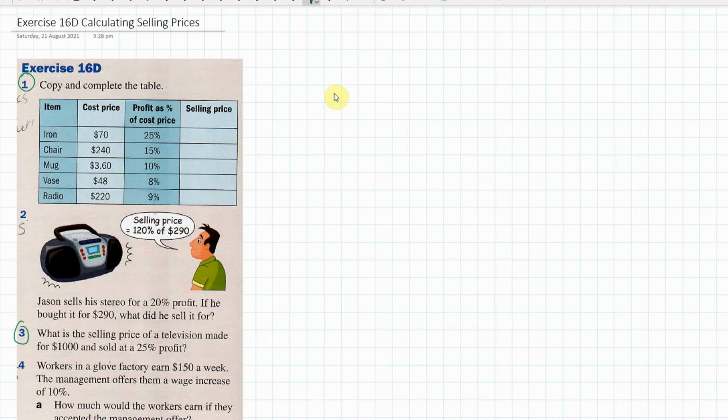When we're making a profit as a percentage of the cost price, we can take the cost price, so in the first instance $70, and multiply that by 100% plus the profit. 100% is the initial price, so if you times something by 100%, you're timesing it by 1. And if I want to make a profit, I've got the initial 100% plus 25%. So I'm going to times it by 125%, and that will give me my selling price. In that case, with this one, I'm going to need to sell it at